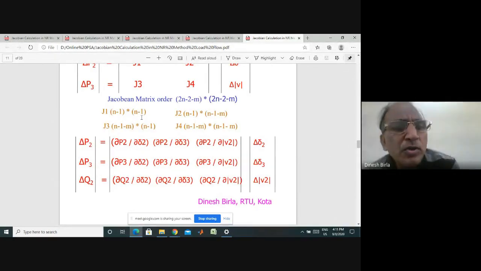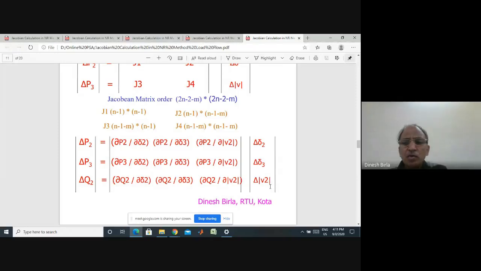Okay. So if you have understood the first, J1, it is the partial differentiation of active power with respect to angle, and similarly J2 is the partial differentiation of active power with respect to voltage. Then in the same pattern, in front you have the Qs, however many Qs there are, that is the number of PQ buses. For each PQ bus, you have the variation of Q with respect to delta 2 and delta 3 for angles of the active powers, and for its own reactive power.